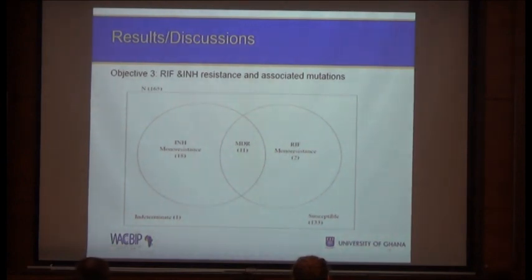For the DST, we realized that about 18 of the isolates were resistant to isoniazid only, also known as isoniazid monoresistance. Then 2 of them were resistant to rifampicin only. Then 11 were multi-drug resistant, that is resistant to both isoniazid and rifampicin. And as expected, over 80% of them were susceptible to these 2 drugs, isoniazid and rifampicin, because these are the 2 most potent anti-TB drugs in the first-line regimen for TB treatment.